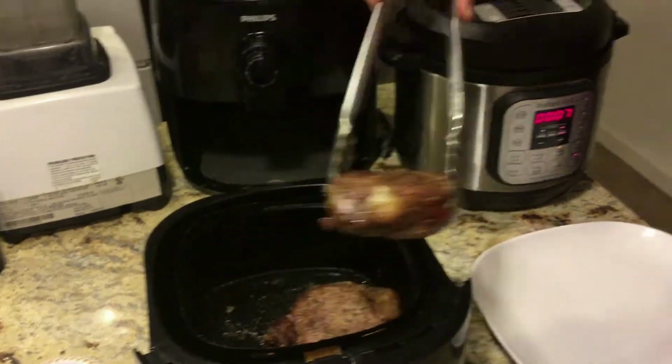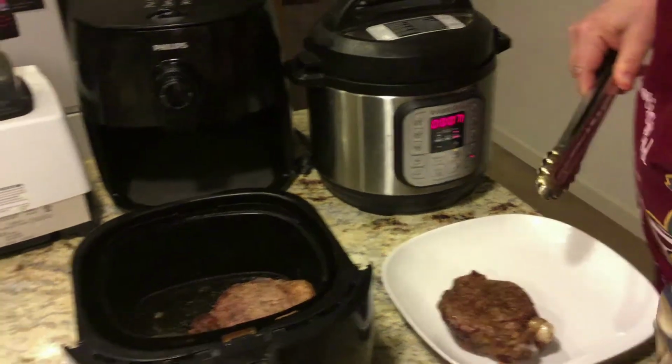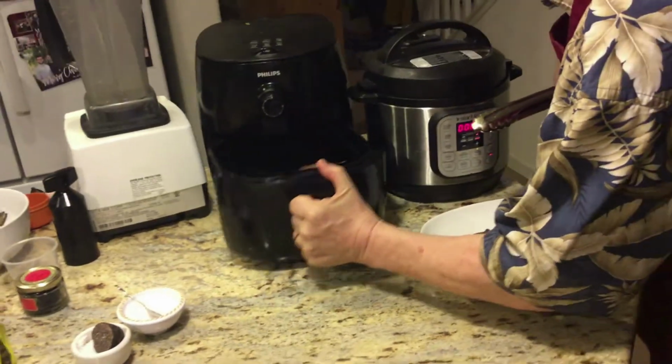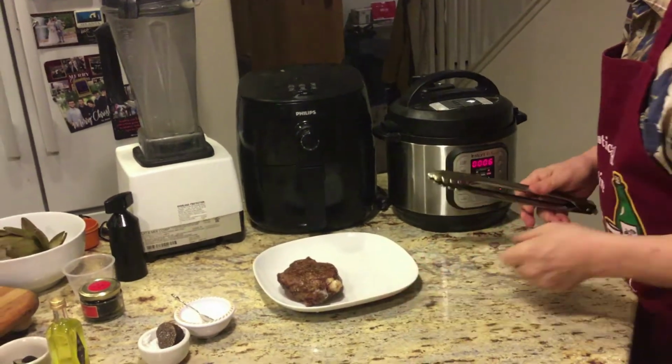Take that beauty out of there and plate it right here. We put the asparagus alongside there. Okay, now we're ready to